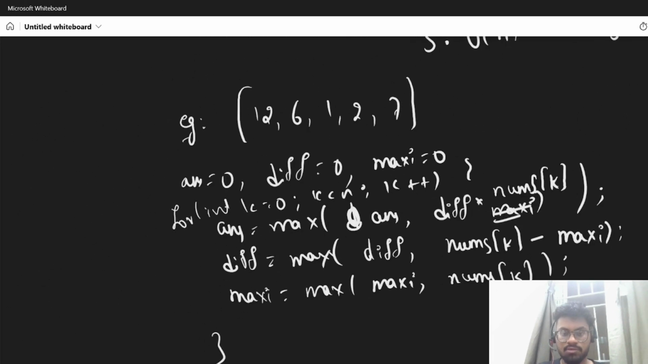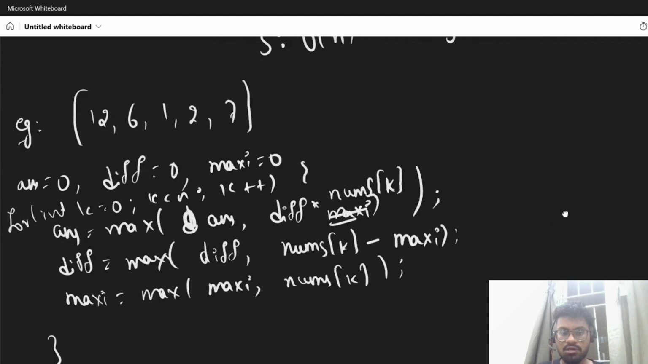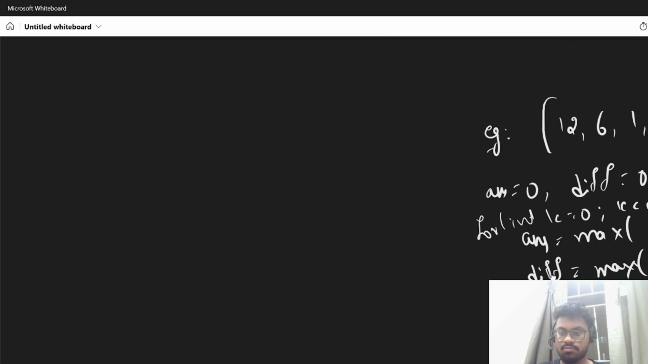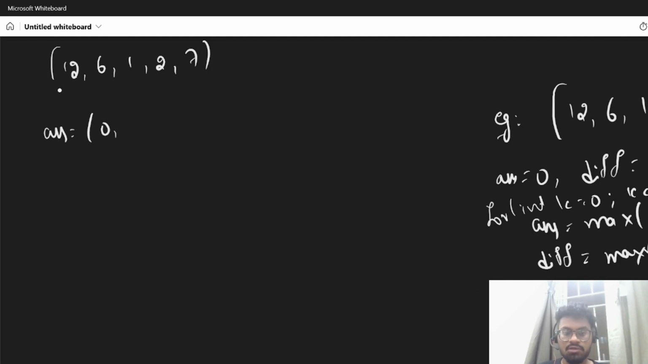So as you understand, I'll walk you through the example, you'll get clarity around it. So in the first iteration, our answer would be 0, as we don't have any difference and nums, everything would be 0. So now the answer is 0. In the next iteration, and now difference is, what is the difference? Maximum of